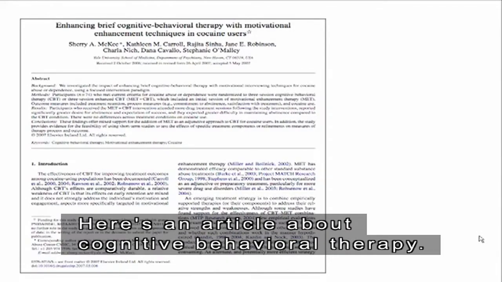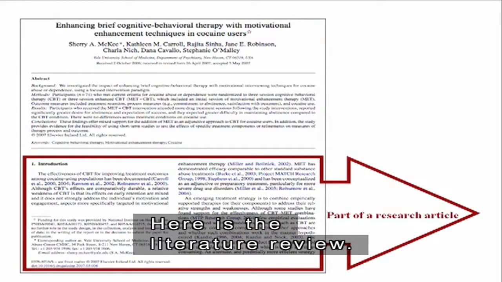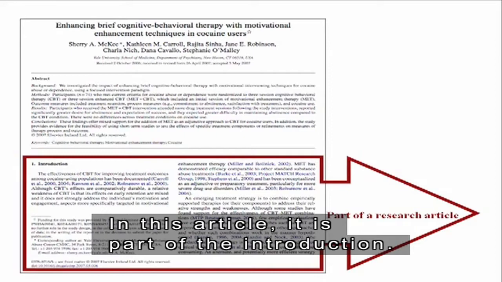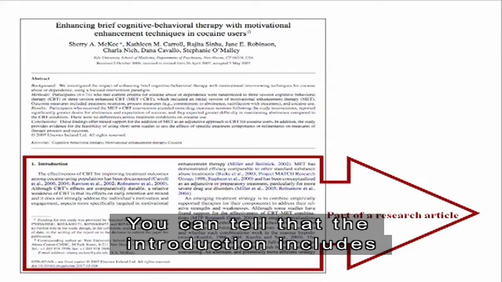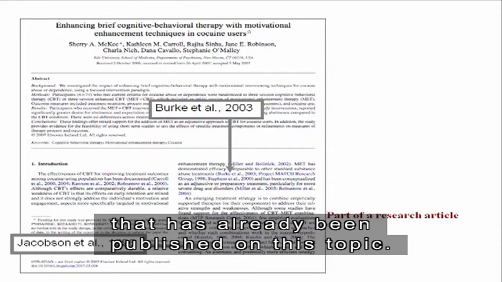Here is an article about cognitive behavioral therapy. Here is the literature review. In this article, it is part of the introduction. You can tell that the introduction includes a literature review because it discusses important research that has already been published